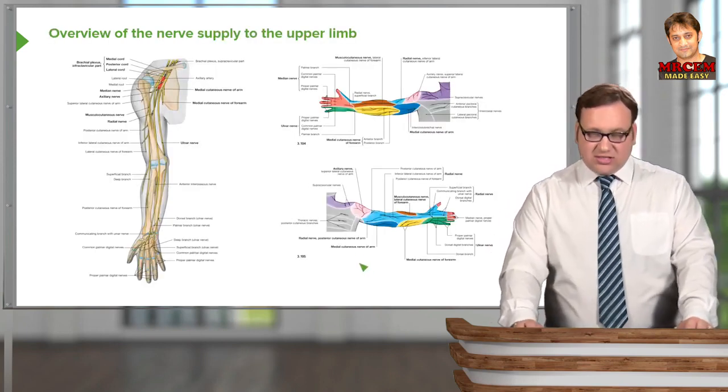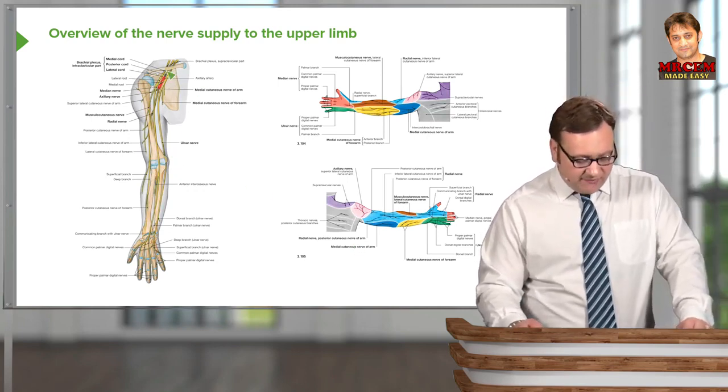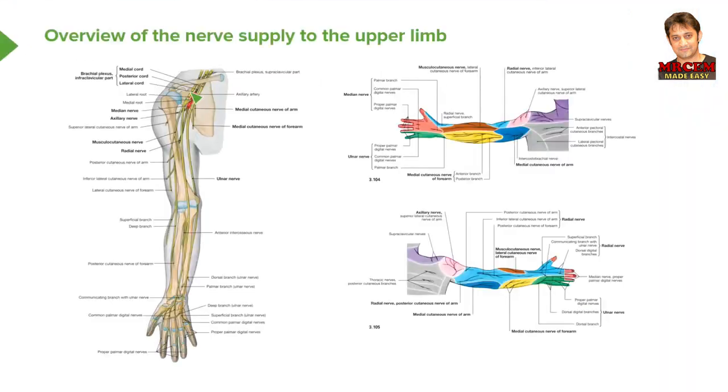So here we can see on the right-hand side the overview of the brachial plexus and the three cords coming away from the brachial plexus, the medial, posterior and lateral cord. The medial and the lateral cord give rise to the musculocutaneous, the median and the ulnar nerves, and the posterior cord gives rise to the radial and the axillary nerve. So we're going to look at those specific nerves and how damage to those nerves can lead to sensory and